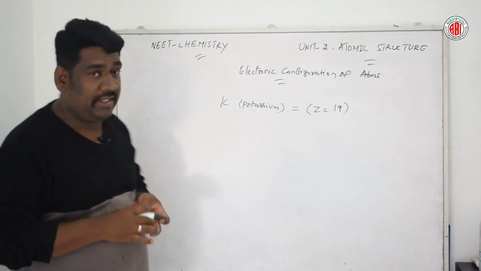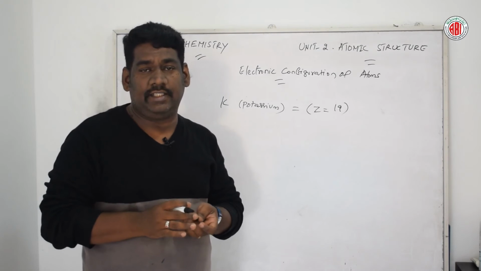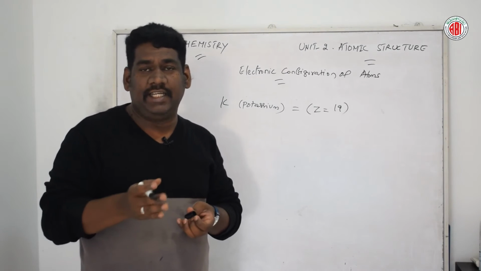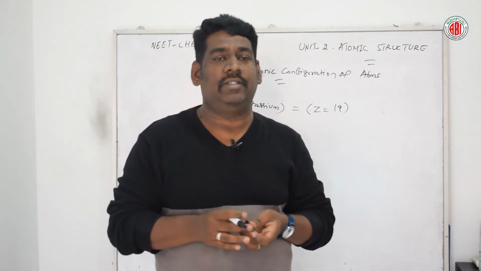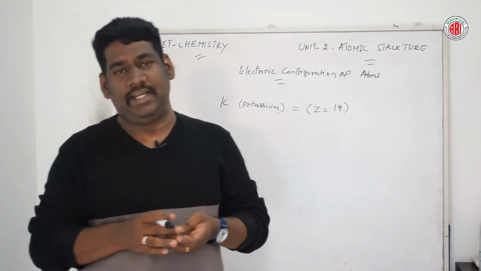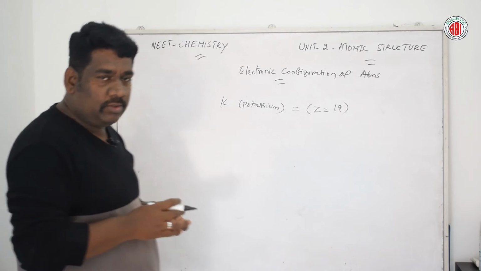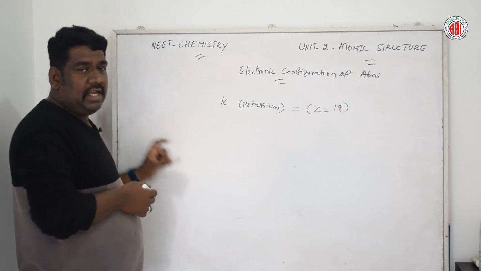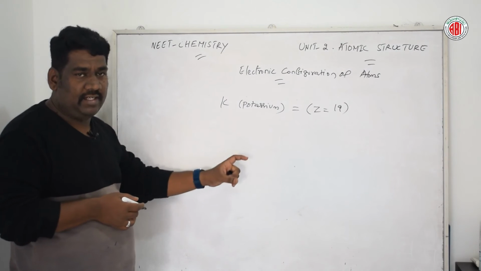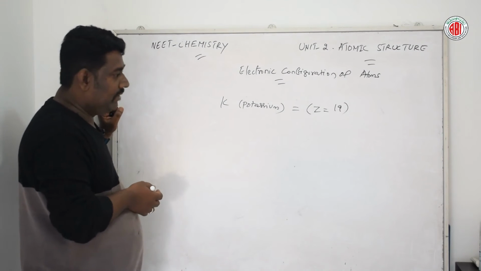Talking about this electronic configuration. As we know, the electron entering the 4s orbital, which is slightly lower in energy compared to the 3d orbital. So here we can write the electronic configuration as the electronic configuration of argon plus 4s1. In that way we are going to fill the number of electrons.